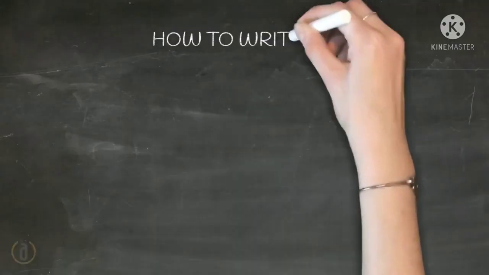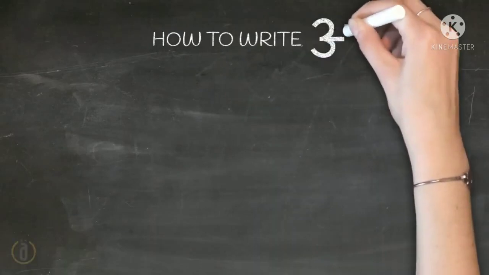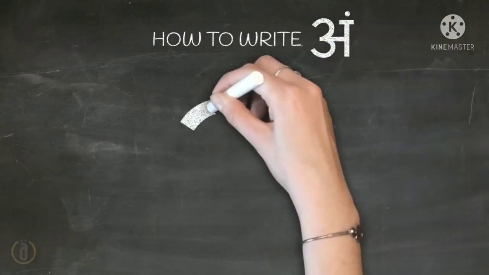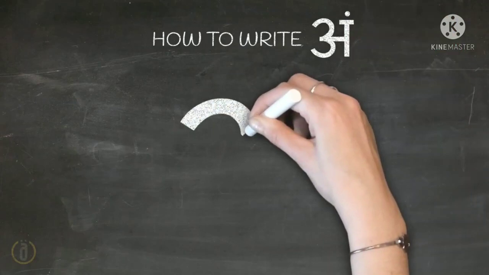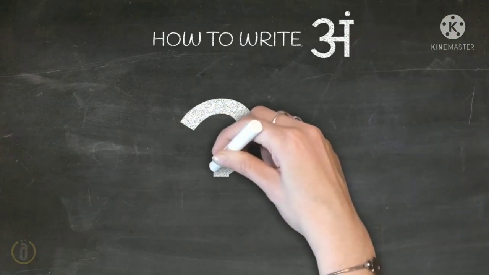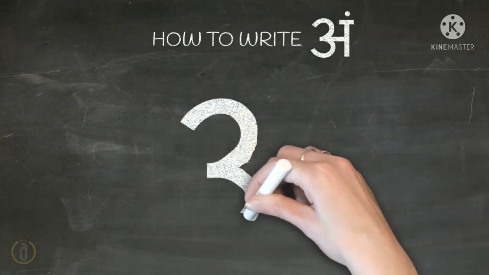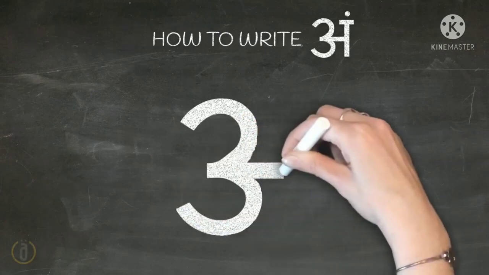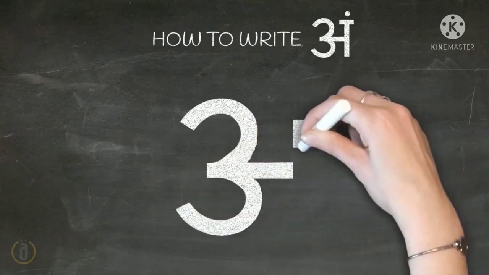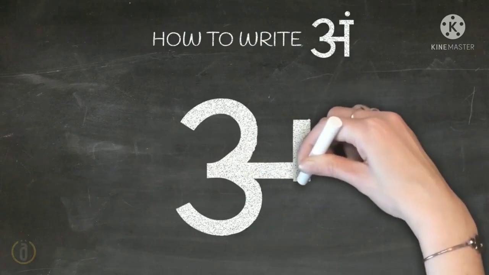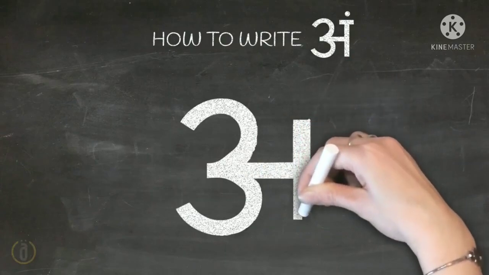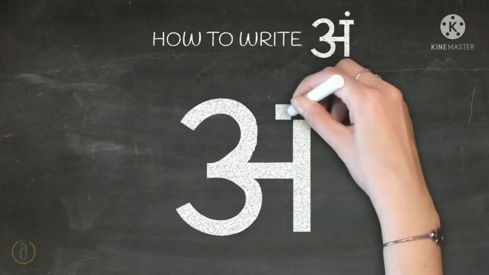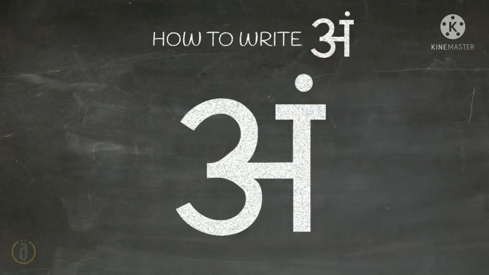Next letter is also very easy to draw. First you draw it like the previous one, and finally you join one dot on the top. You draw a 3, then it joins with a small sleeping line, and that sleeping line is joined with one standing line, and finally you draw a small sleeping line on the top, and finally you put the dot on the above sleeping line.